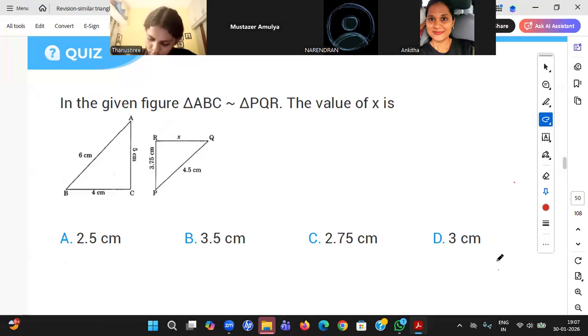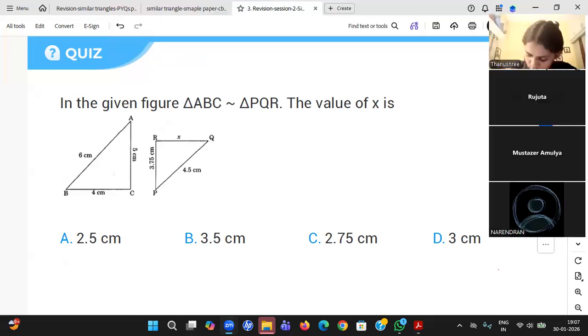Sir, so we should not solve the sample paper? Sample paper topic wise, if you are able to solve the green zone and yellow zone, because the red zone I'm already taking care of, right? Yes, right answer, Ankita. Rujita, right answer. You should solve sample papers. Without sample papers, there is no